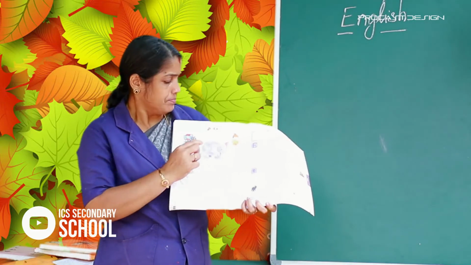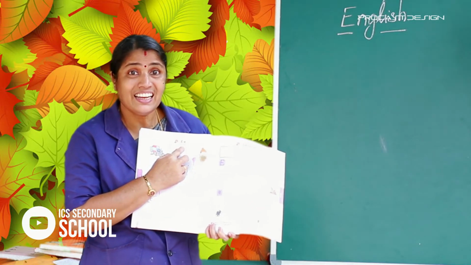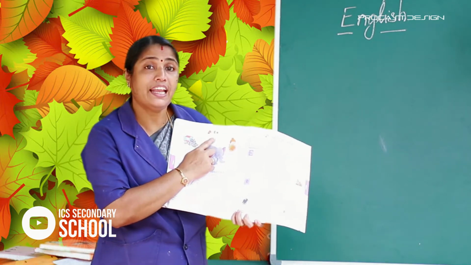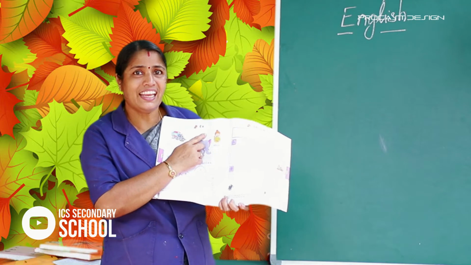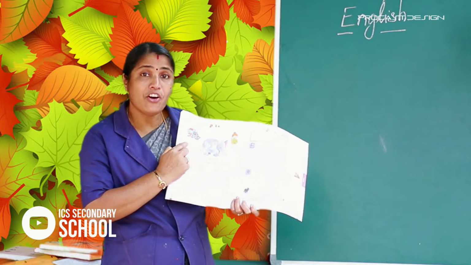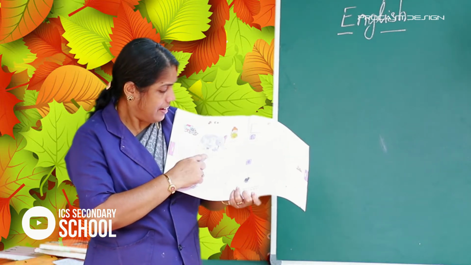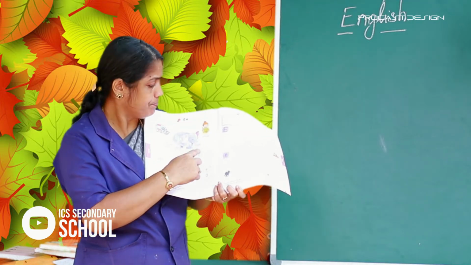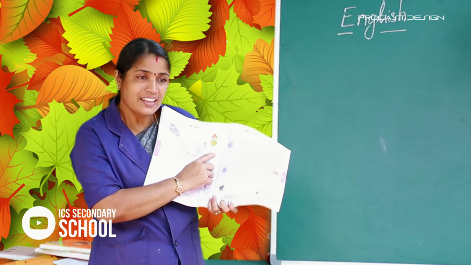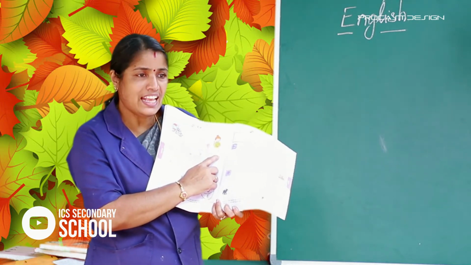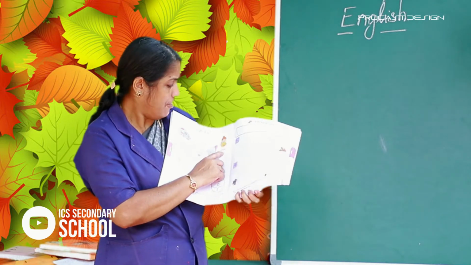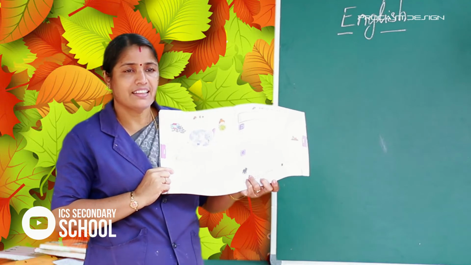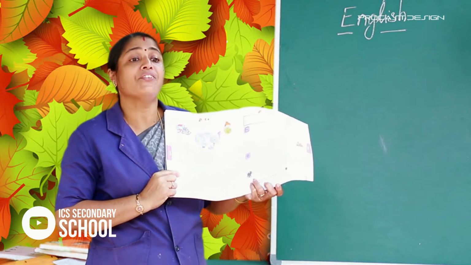All of you take the next page. Do you remember the letter? Which letter? Yes. E. Capital E. Small letter E. E for engine. Say E for elephant. Say with me. Yes. Elbow. E for elbow. E for egg.